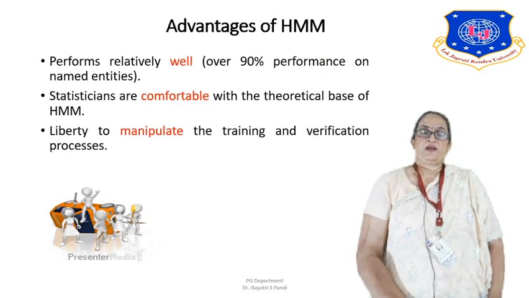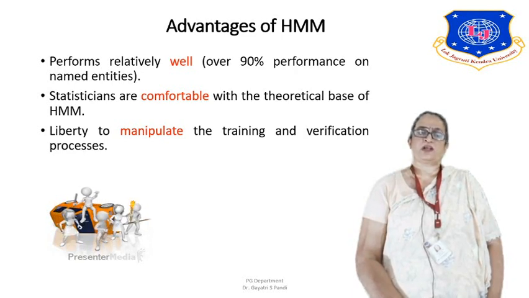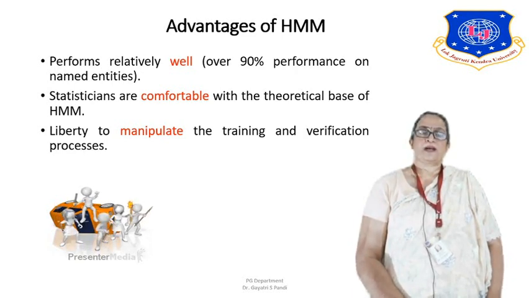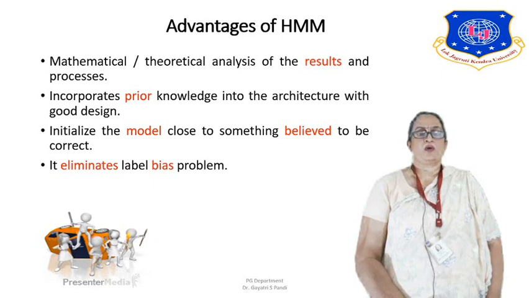This performs relatively well. Over 90% performance is observed with named entities, and statisticians are more comfortable with the theoretical base of HMM. And liberty to manipulate the training and verification process is always there in HMM. Mathematical and theoretical analysis of the results and processes is very good, and it incorporates prior knowledge into the architecture with a good design. Initialize the model close to something believed to be correct. The model is initialized very close to correct, and it eliminates the label bias problem which exists